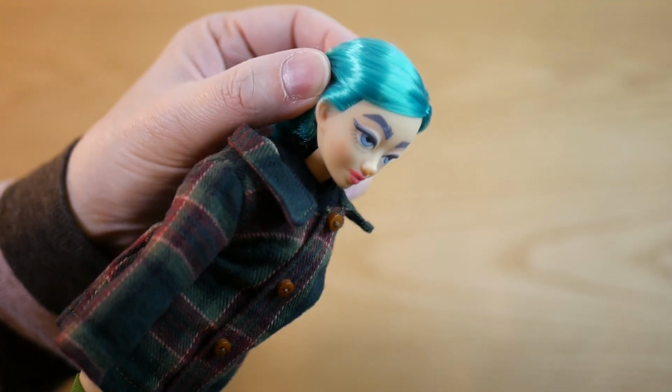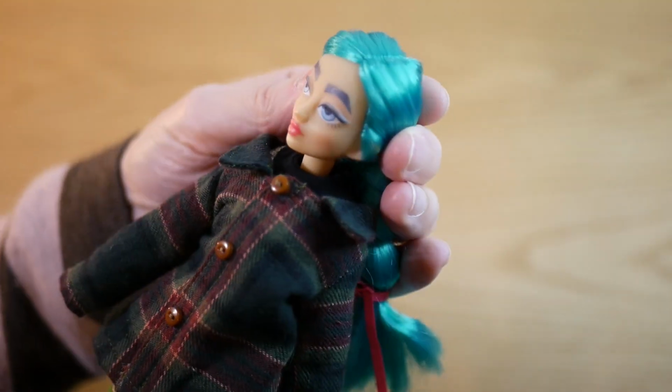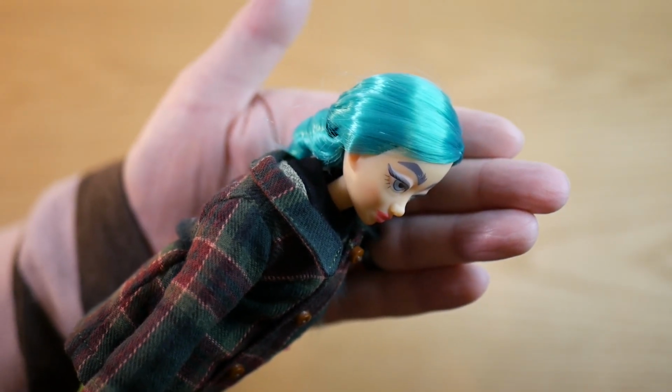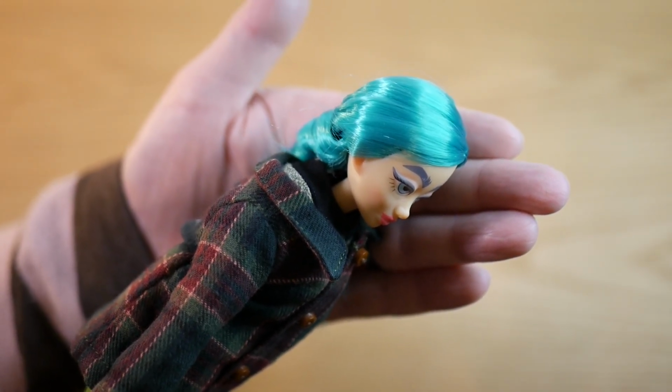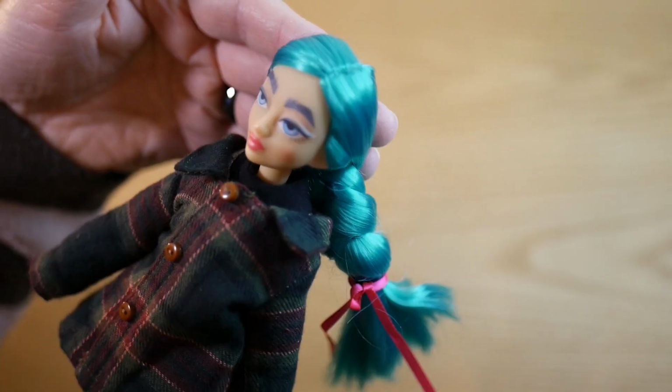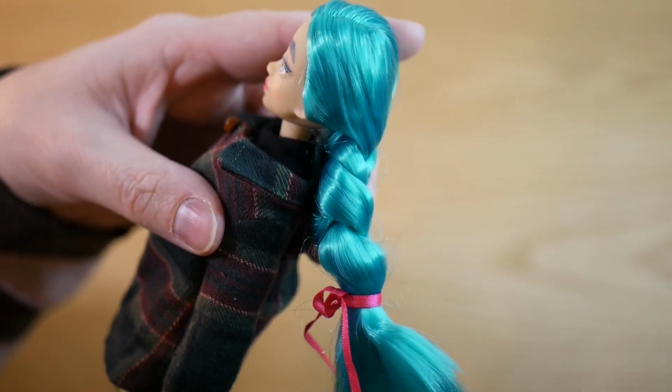Mould-wise, she does have little ears on either side of her, and if you want to have a quick look, that is obviously her profile there. So her hair is this really beautiful turquoise colour. Obviously, it's come in a